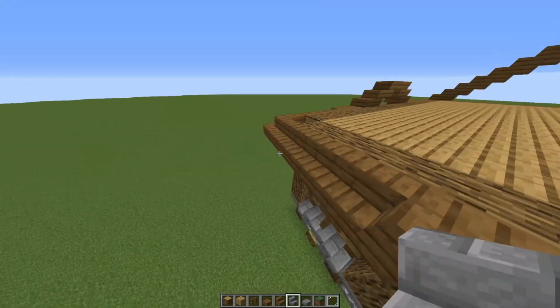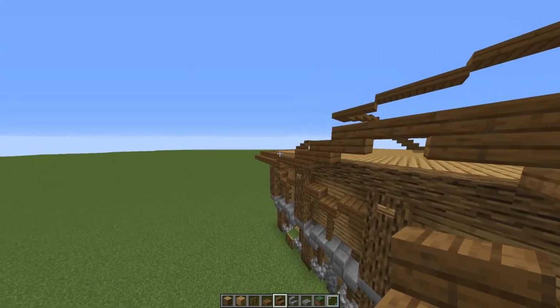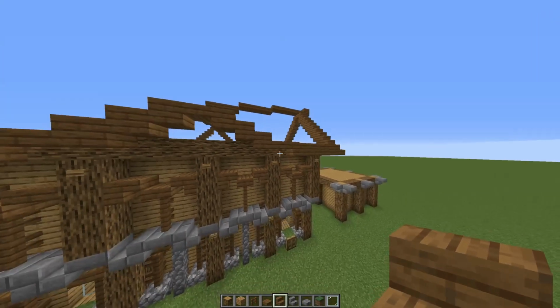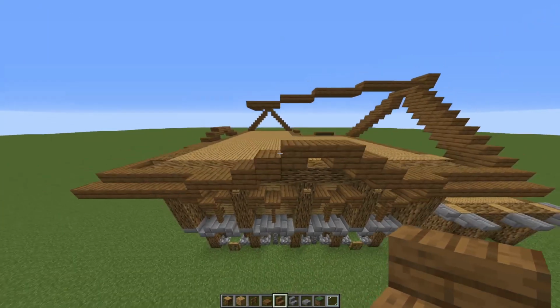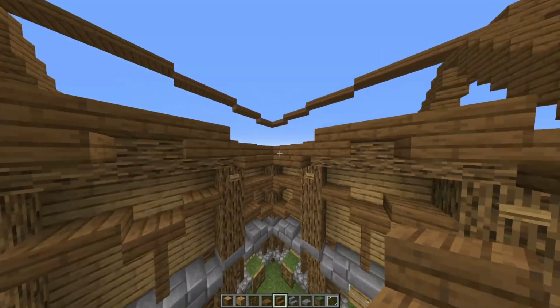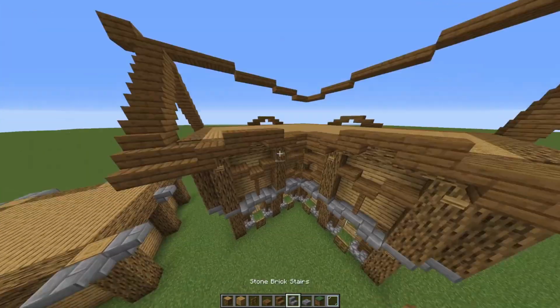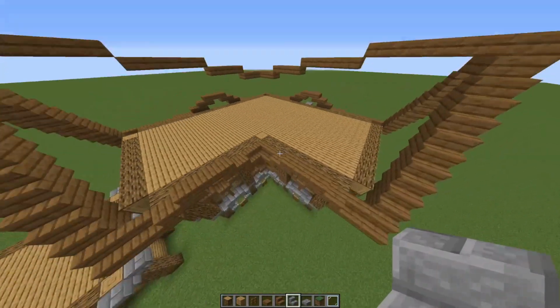It doesn't have to be this exact length, and then you find a pattern that really creates a nice arch right here. For me, it consists of these stairs and these slabs. Pretty simple. And repeat this on this side in a smaller scale, and yeah, that's it. What you want to do next is fill in the roof, and this is probably the most difficult part of